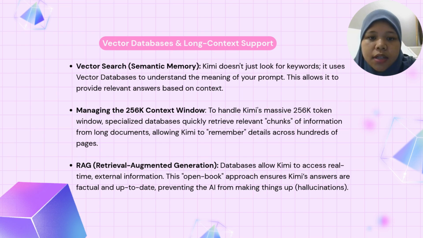Specialized databases quickly retrieve relevant chunks of information from long documents, allowing Kimi to remember details across hundreds of pages. And the last one is about retrieval augmented generation, or RAG. Databases allow Kimi to access real-time external information. This open book approach ensures Kimi's answers are factual and up to date, preventing the AI from making things up, such